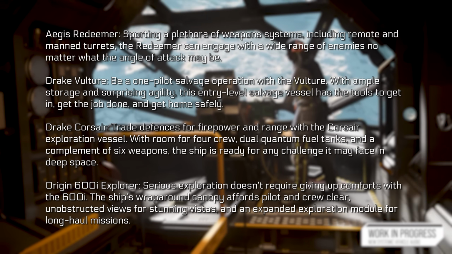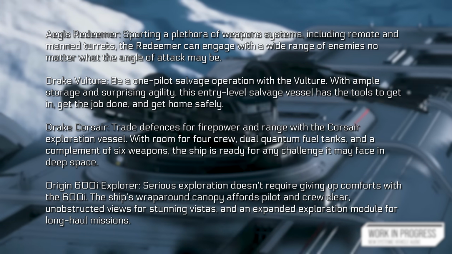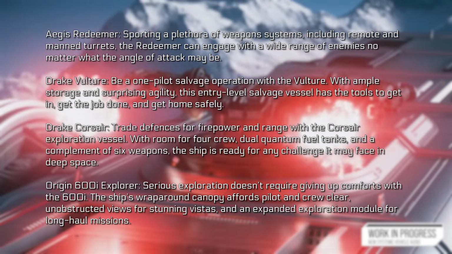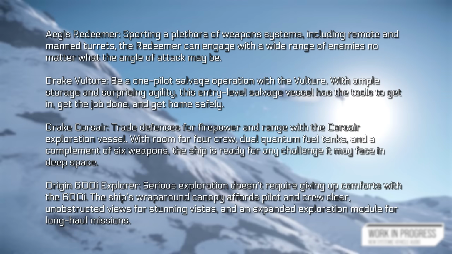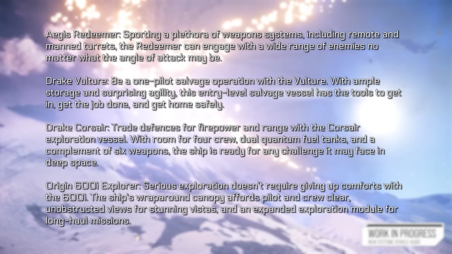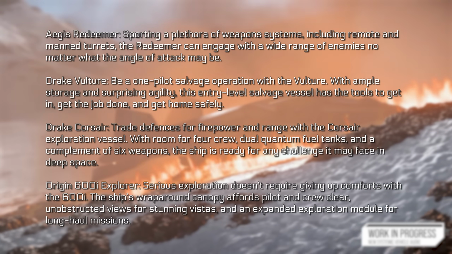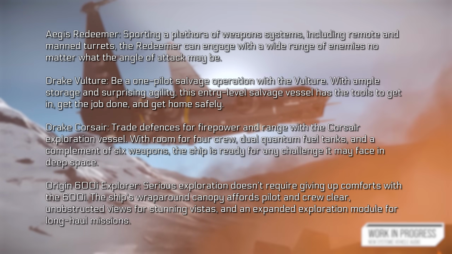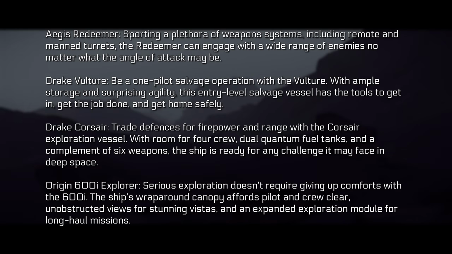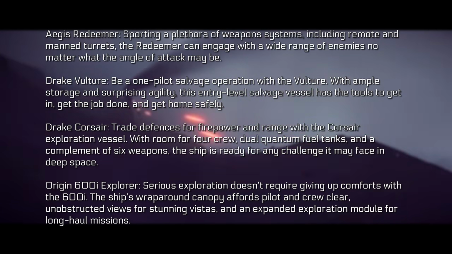and get home safely. The Drake Corsair, trade defences for firepower and range with a Drake exploration vessel, with room for 4 crew, dual quantum fuel tanks, and a complement of 6 weapons. The ship is ready for any challenge it may face in deep space. The Origins 600i Explorer, serious exploration doesn't require giving up comforts with the 600i. The ship's wraparound canopy affords pilot and crew clear unobstructed views for stunning vistas, and an expanded exploration module for